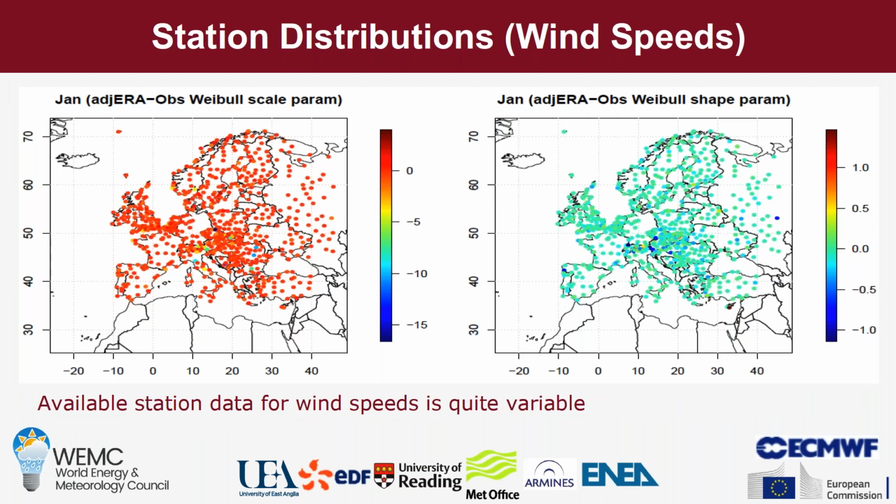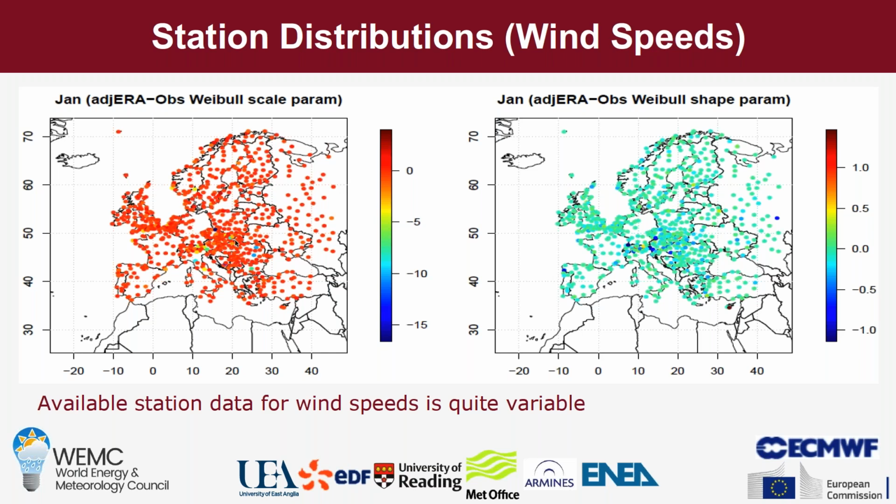So the first thing to look at is some station distributions. So these are distributions of where HAD ISD has time series long enough to do something with. So Europe is pretty well covered with data. There are obviously areas of better coverage than others, but these are the station data. And here we're looking at the observational fitted parameters and comparing them to the ones we get after adjusting ERA interim and then using that grid box